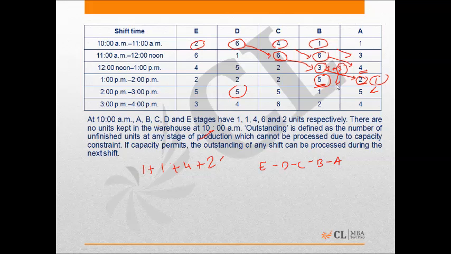And the 3 processed units at stage B between 1 and 2 will be shifted to stage A at 2, and these 3 will also get processed as the capacity of this stage is 5. So all the remaining units of initial stage of C will get processed between 2 and 3, so 4 more units. Now coming to stage E,